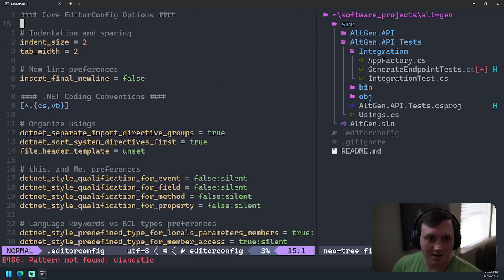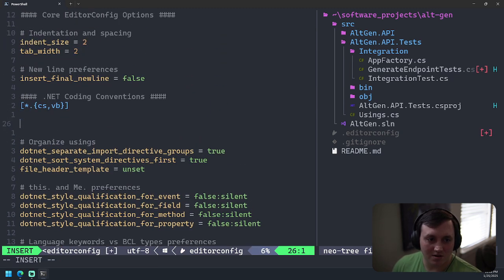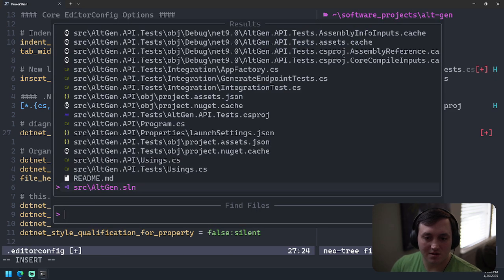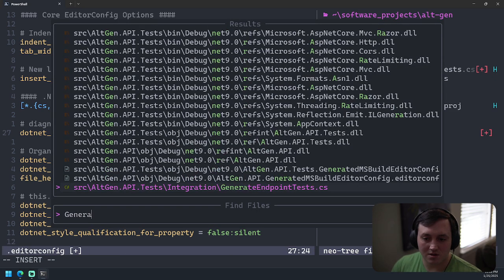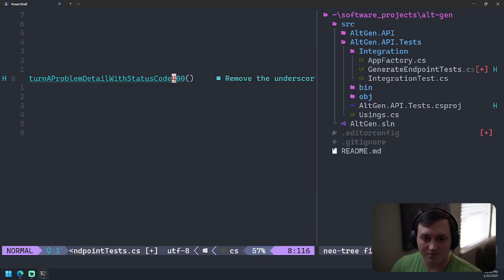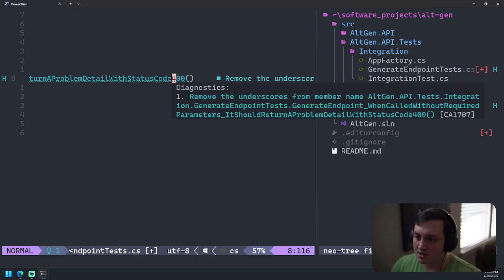Let's add diagnostics, and we are going to add a new one, but it's not going to be CA, it's going to be 1707. Was that the error? Yeah.